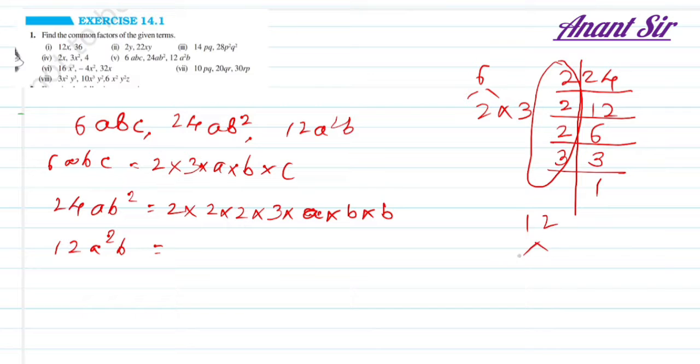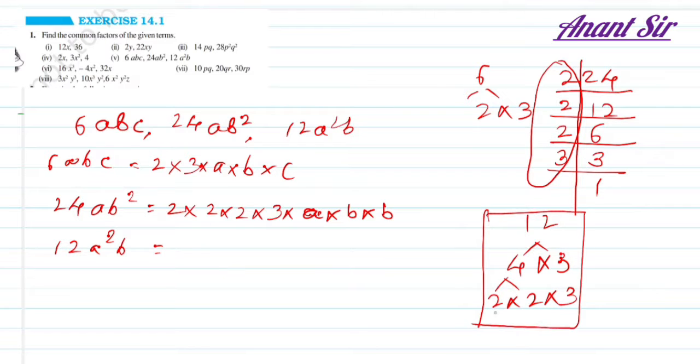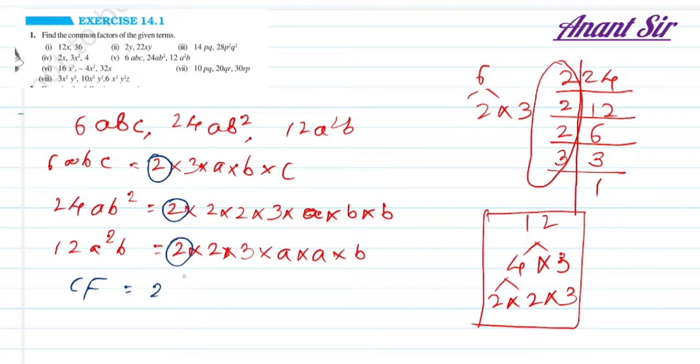So for 12, if you want to do it like this, you can do it like this. 4 times 3, and 4 you can write as 2 times 2. So now we cannot simplify this further. So the factors are 2 into 2 into 3 multiplied by a square multiplied by b. So now to find a common factor, let's circle all the terms, all the numbers which